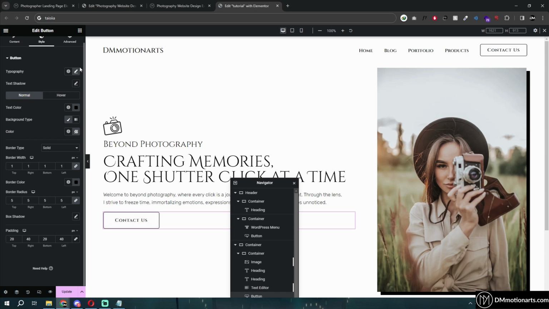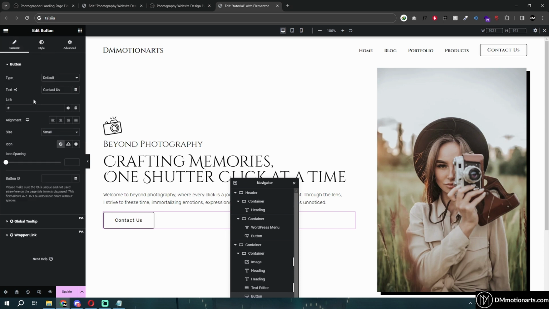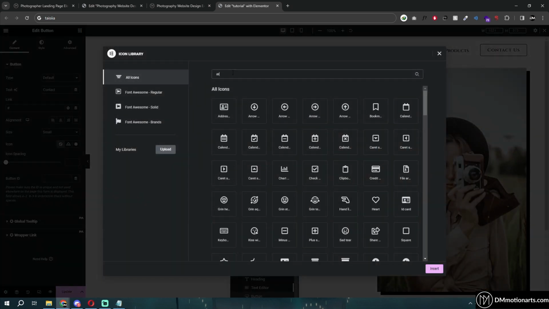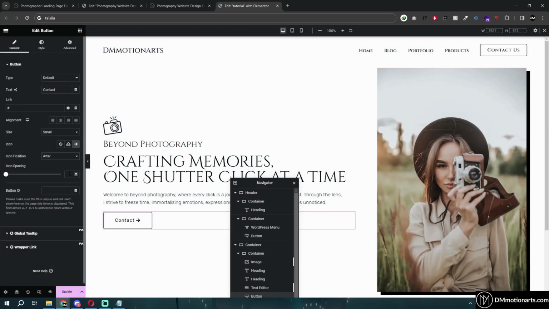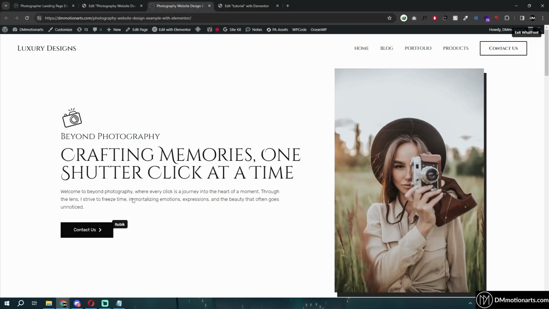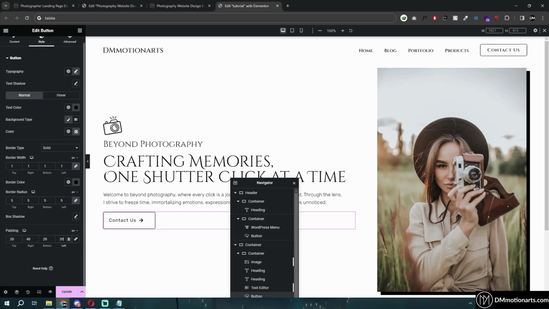And what I've done is I'll use Rubik around here rather than my normal font. Let's make it normal, contact, stuff like this. Add an arrow. Let's do after, and then add 10 spacing. So now this is how it looks. You can see the contact text looks good. So let's just add that, and again play around with values until you find the perfect sizing that you get,